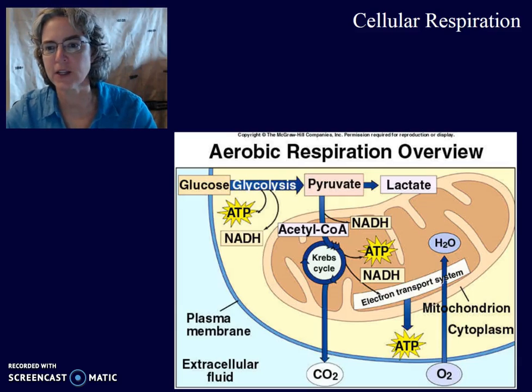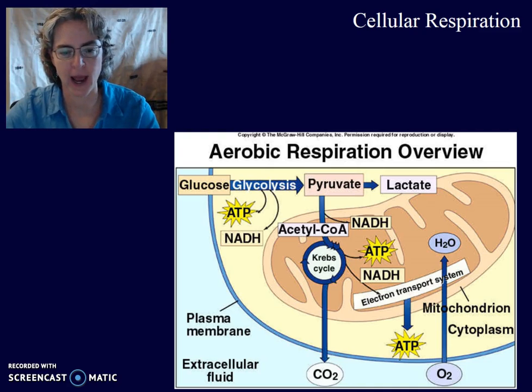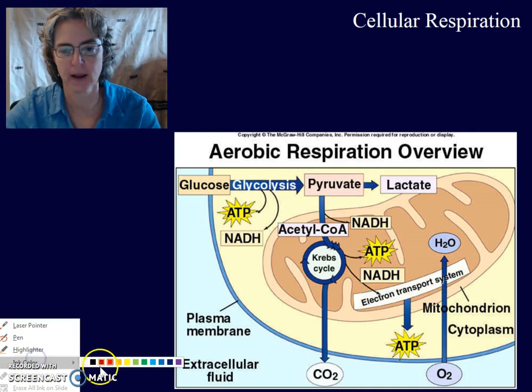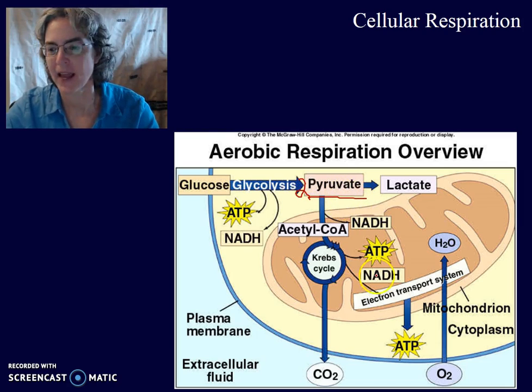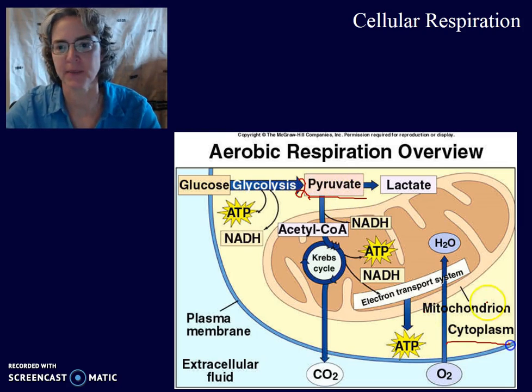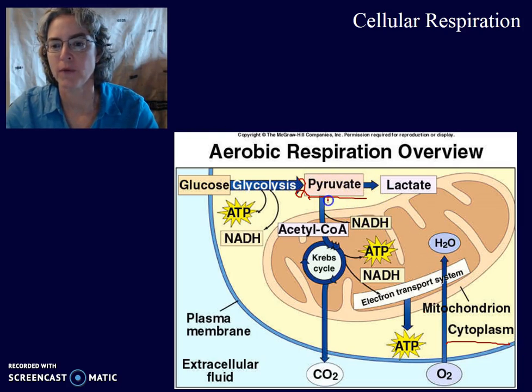Okay, here is our big picture again of cellular respiration, and we've been looking at, let me get a pen here. So we've looked at glucose going into glycolysis and forming two pyruvate molecules, and that happened out in the cytoplasm. So those two pyruvate molecules then go into the mitochondria and into the bridge step, and